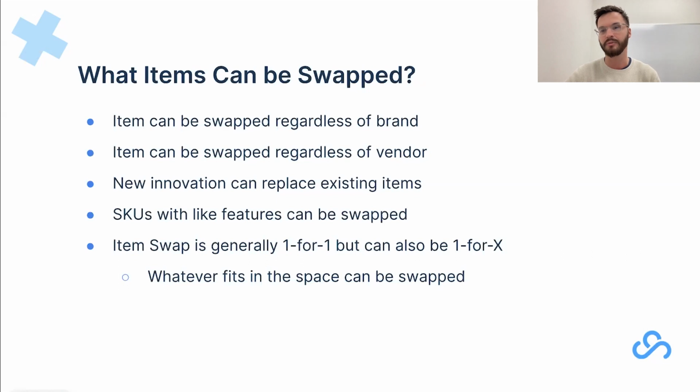Okay. And this is where we're getting a little bit more into the gray area between item swap and QuickMods, which we'll unpack a lot more as we go. But basically the general principle is whatever fits in the space can be swapped. Okay. And so we can see already the seeds of how QuickMods really is this natural evolution of item swap. You can take this same principle and apply it in different areas as well. Now there are limits to QuickMods that we'll get into also, but for sure the 1 for 1 exchange is how we're going to define or delimit item swap. Right here, the 1 for X is implying the beginning of the new innovations that we see in